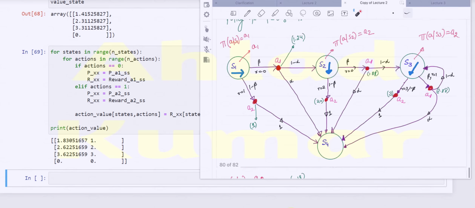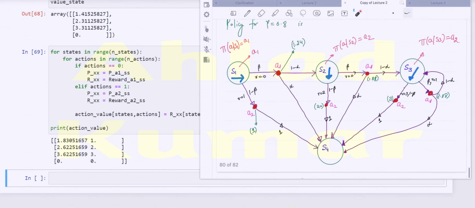And similarly, for gamma equal to 0.8, if you are in state S1, it will prefer to go to S2, but if it is in S2, it will go to S4, whereas in S3, it will go to S4. So these are the different types of interpretations that you can see for the action value function for different values of gamma. And we will see later how these action value functions help us in defining the policies